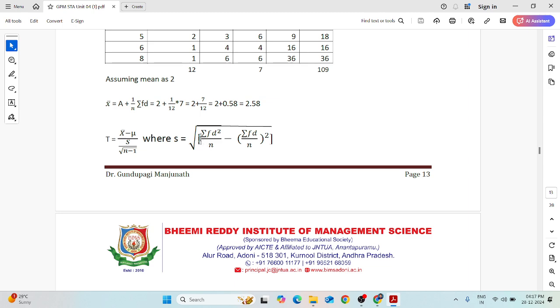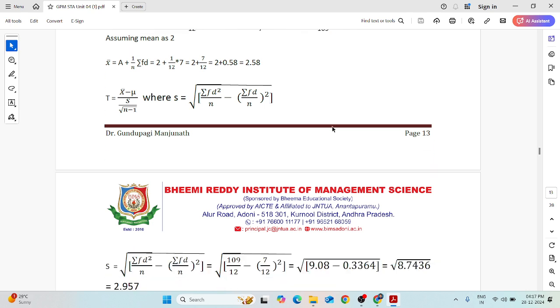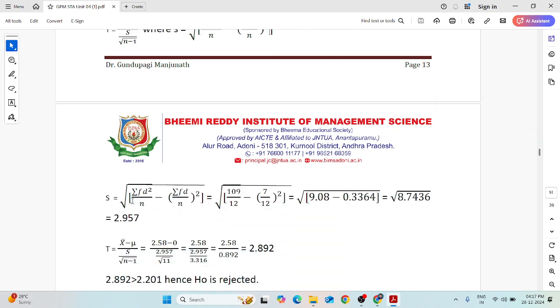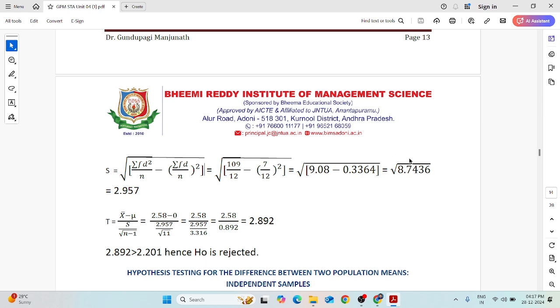That's why this particular formula is used, the same one used in the calculation of the standard deviation, that is the square root of summation fd square by n minus summation fd by n whole square. Inserting all the calculated values, we get 2.892, and as this is greater, hence